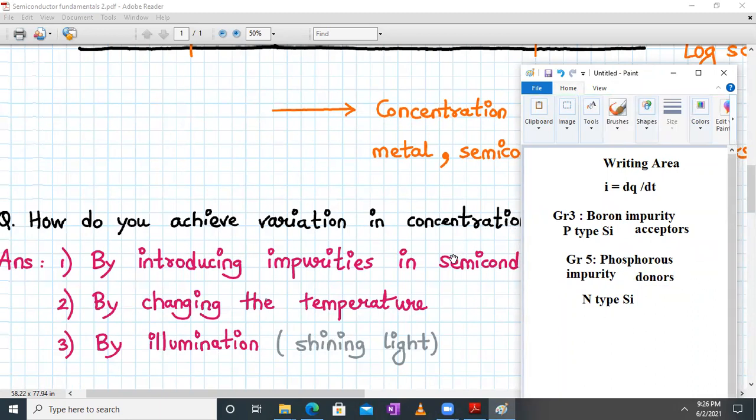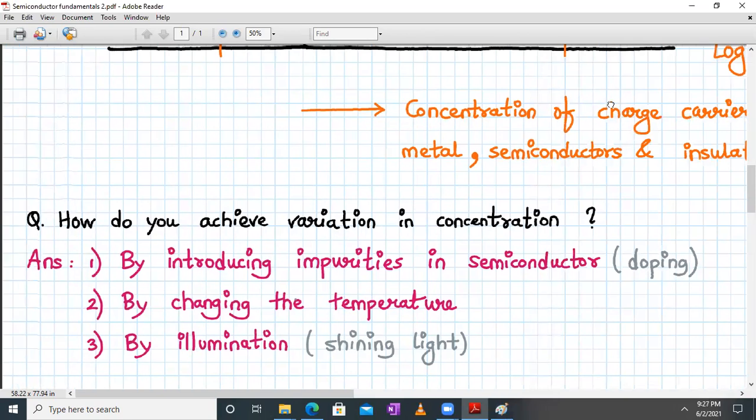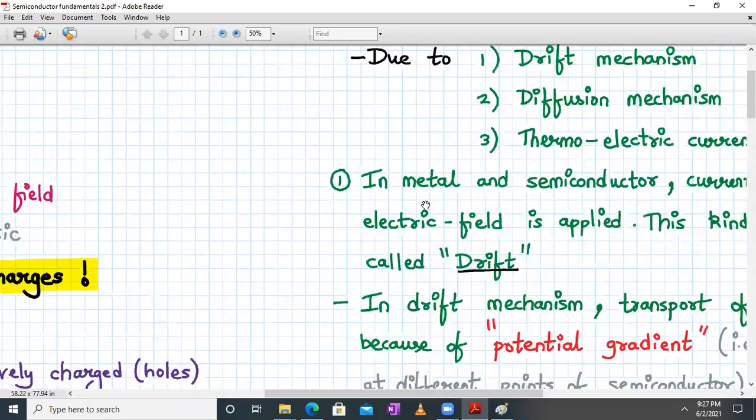Okay, so this process of adding either boron impurity or phosphorus impurity, these are the most famous ones. Okay, we have various other elements or other materials also, in the periodic table in group 3 and group 5, but these are the most commonly used for the doping process. So if we dope the silicon with boron impurity, we have a p-type semiconductor silicon, and if we dope it with phosphorus impurity, we have n-type silicon. Okay, now let us move on to the next point.